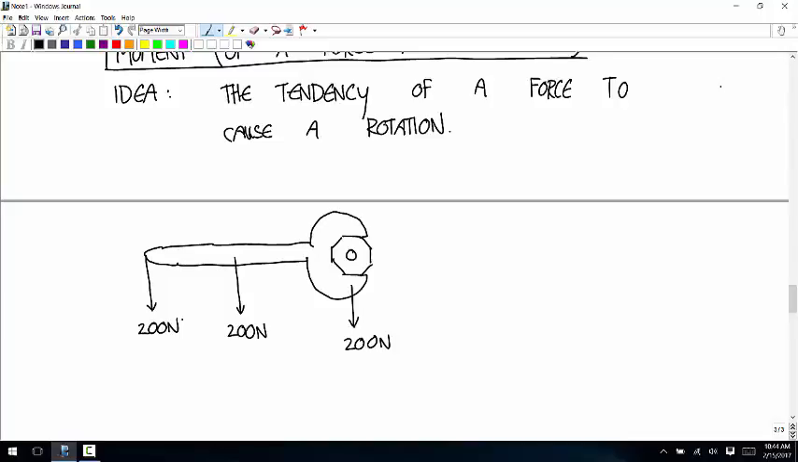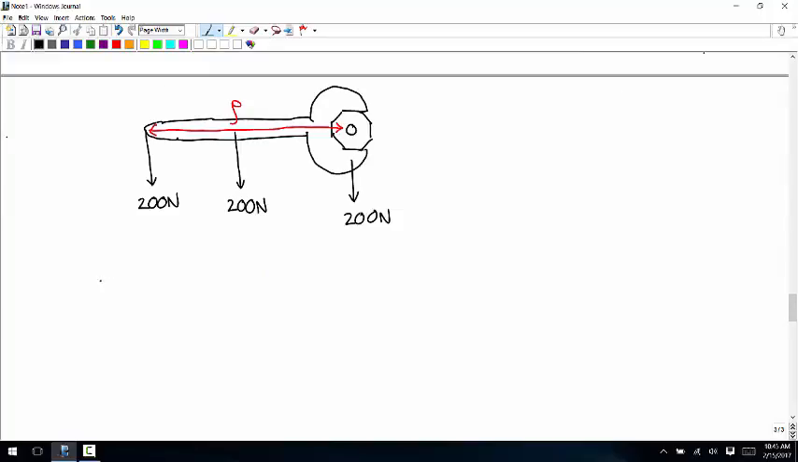But there are two things that matter with how you turn this, with the ability of this force to turn. One is the amount of force, and one is the perpendicular distance from the force to the axis of the rotation. And that perpendicular distance, I'm going to call rho, the Greek letter rho. And so the moment, the mathematical definition, the moment of a force about A,